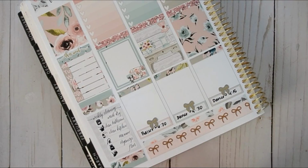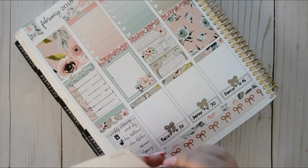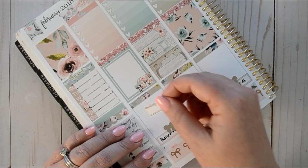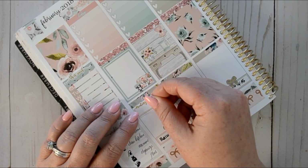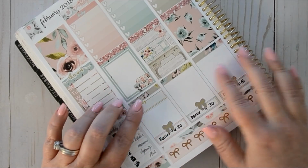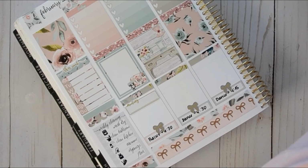Got dance. I have a 504 in the morning. So I'm going to go ahead and put that down, but I'm going to use this meeting sticker from Rose Colored Daze. But I am not going to write on it yet. Just going to leave it there. That is for my 504. The other thing I need to do this day is I need to lesson plan,